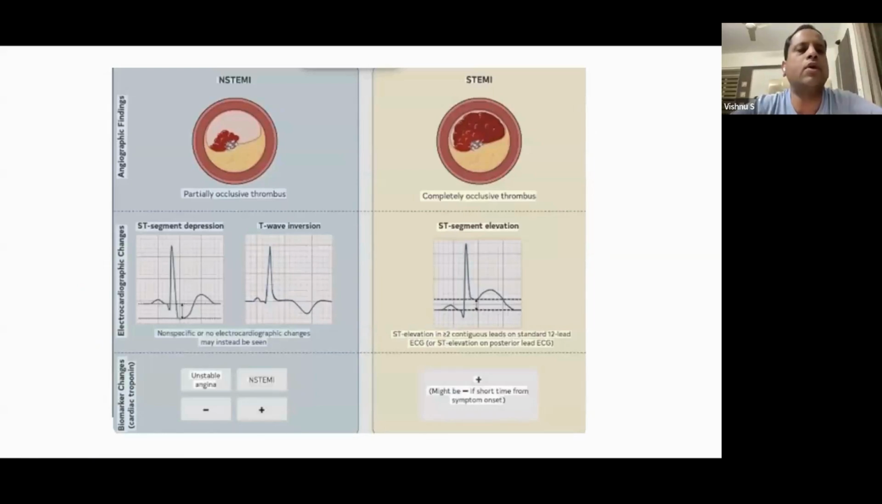So in NSTEMI, what happens is the plaque, there will be some thrombosis. There may not always be thrombosis. So this thrombus will go and will cause some infarction and